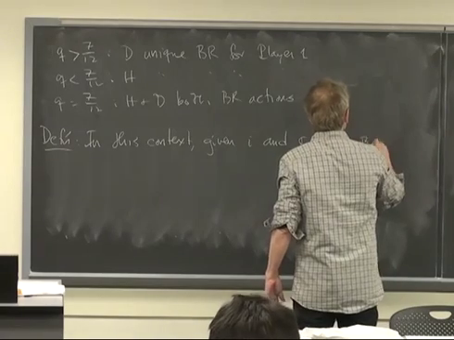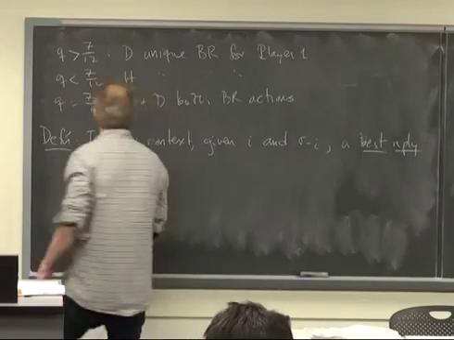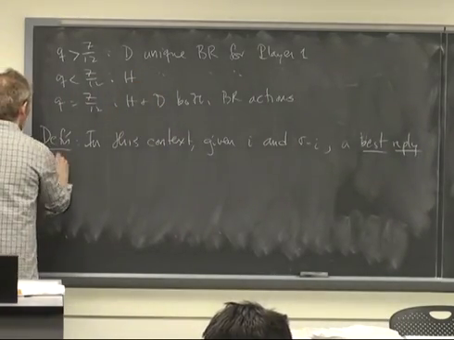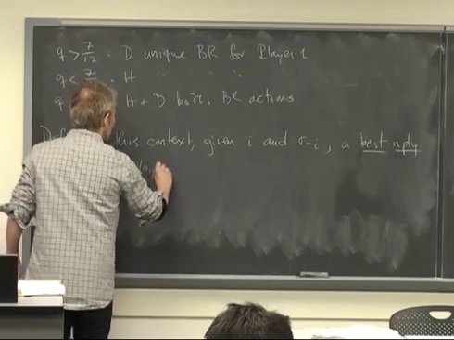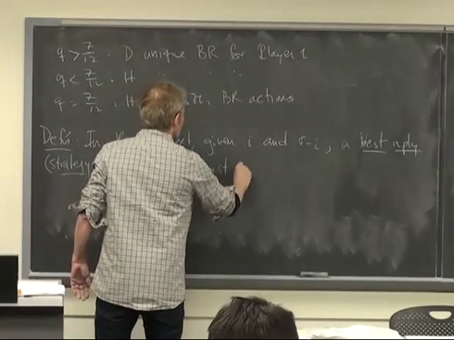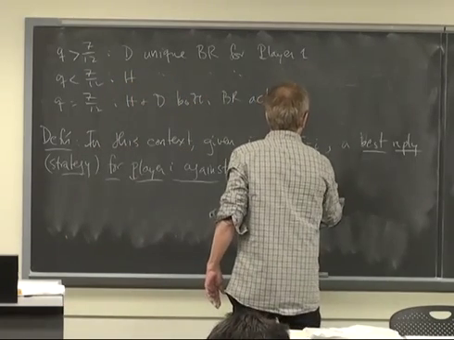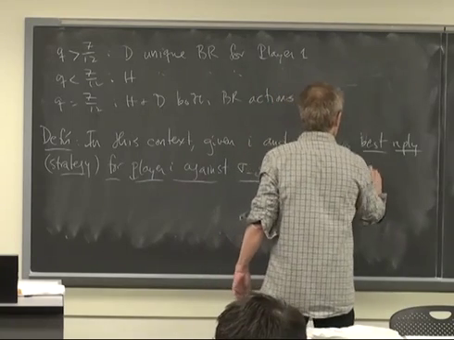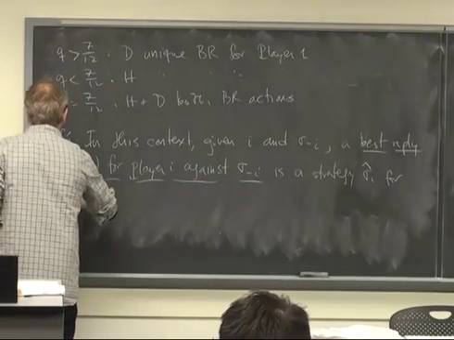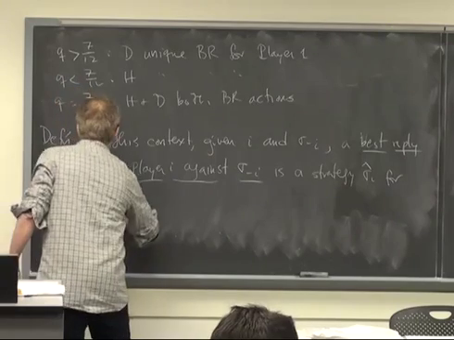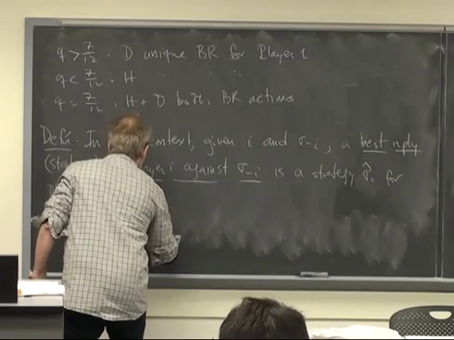A best reply, and usually people just say best reply, they don't say best reply strategy, so I'll put that in parentheses, for player i against sigma sub minus i is a strategy, pure or mixed strategy, sigma sub i hat for player i, satisfying the following inequality. U sub i of sigma i hat against that opposition